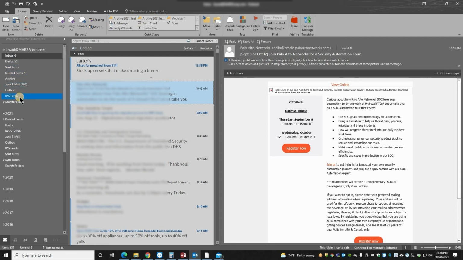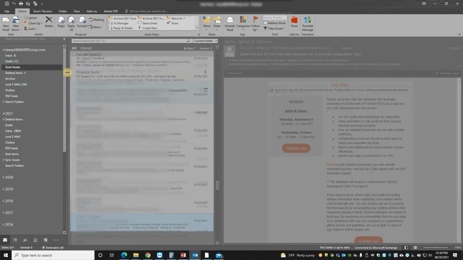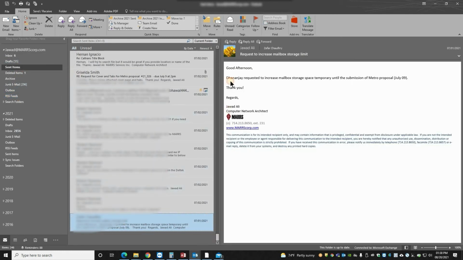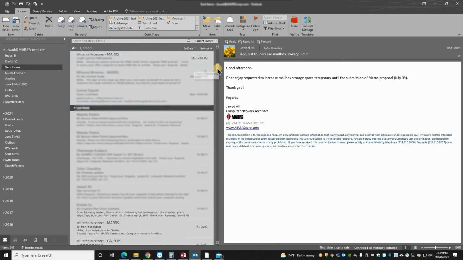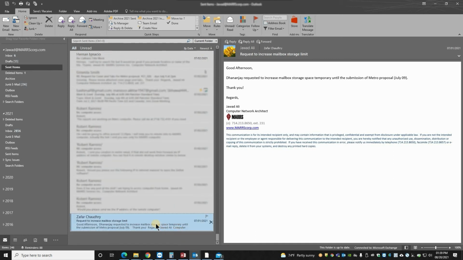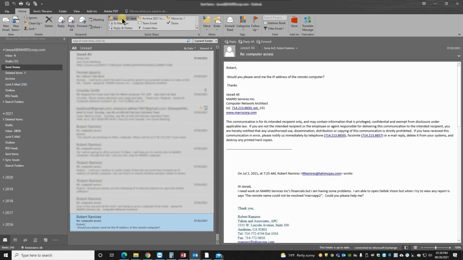Let's suppose all you need to do is just go to the sent item, click any older item from here, either you can put any newer item, anything. Like let's suppose if I want to send this email from Zafar Sam, I need to just select here and then hit this button, so it should go in under the sent item.